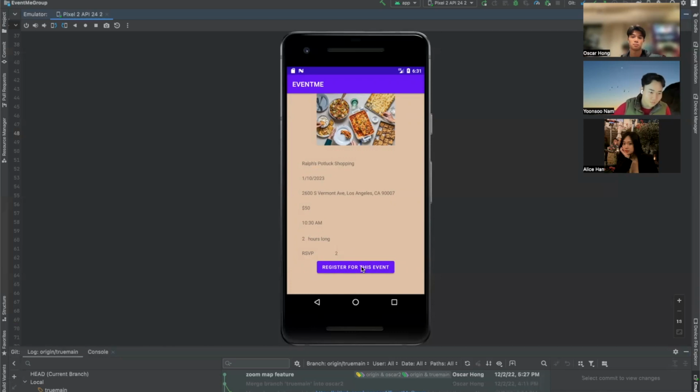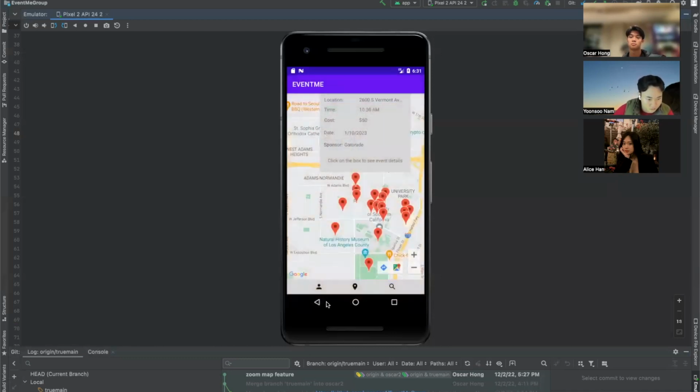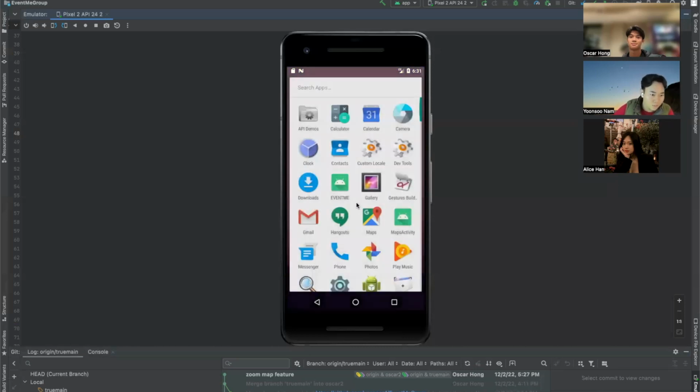So if you try and register for this event, it gives you a warning saying that you've had a conflict in the events because you registered for another one, but you can still register for the event after the warning, and so it lets you register, and then you can see all of your events in your profile page,